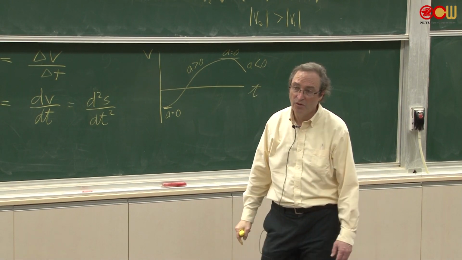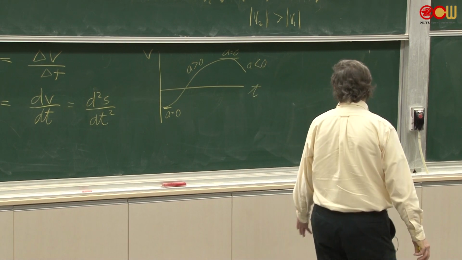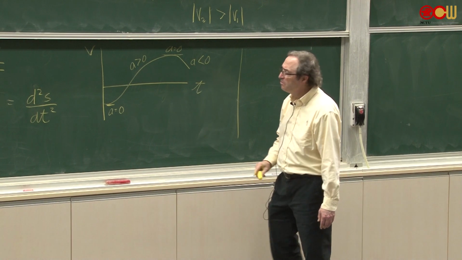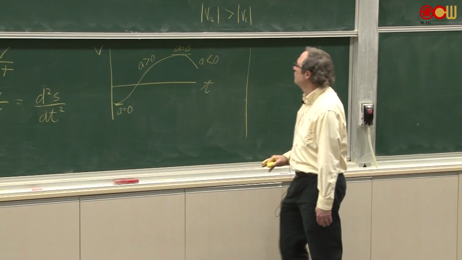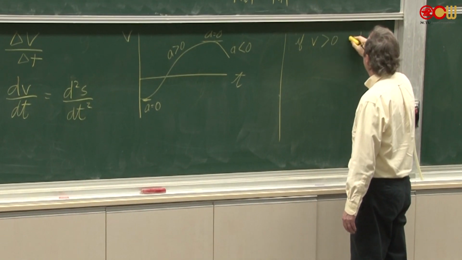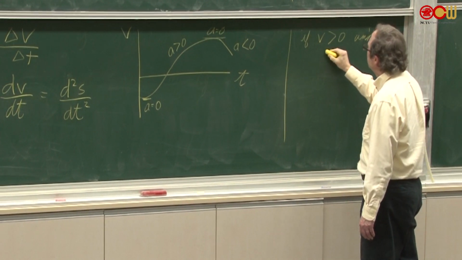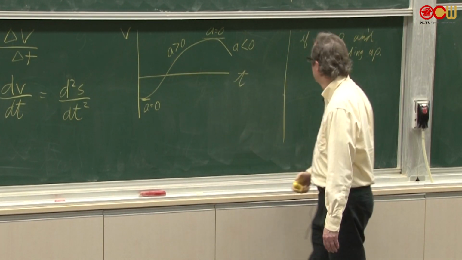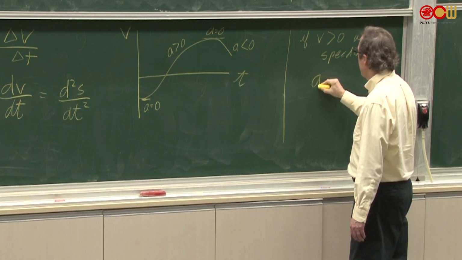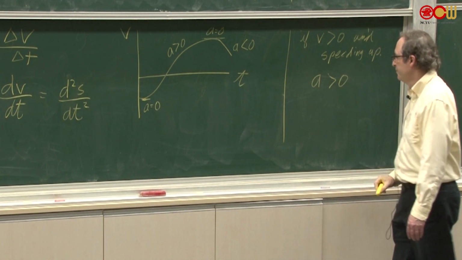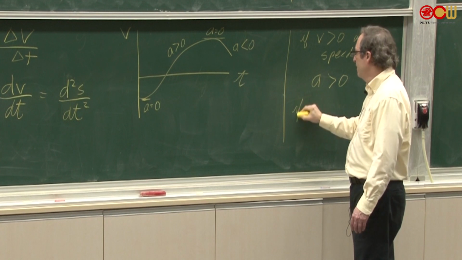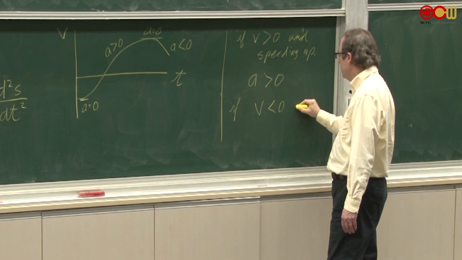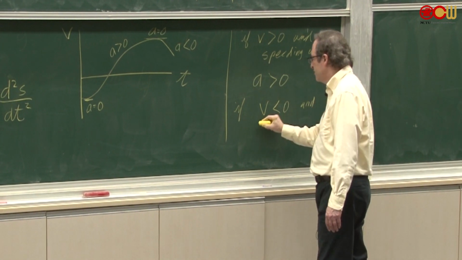It's moving slower. So there are a few rules that you can, I don't know if you need to memorize them, but you can get from all these results. V is greater than 0 and speeding up. So that's like over here. Then that means A is greater than 0. If V is less than 0 and speeding up,